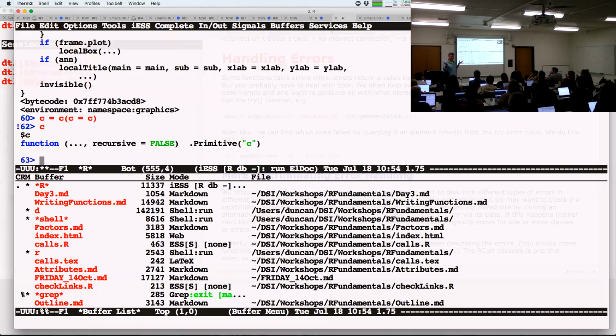You're seeing the same name being used in four different places, and they all make perfect sense, and they're all different. Those two are different only because I'm going to find C in the same place, but here I'm looking for a function, and here I'm looking for any variable called C. So if magically I had another variable called C somewhere in my search path that wasn't a function, this would be different from this, okay?